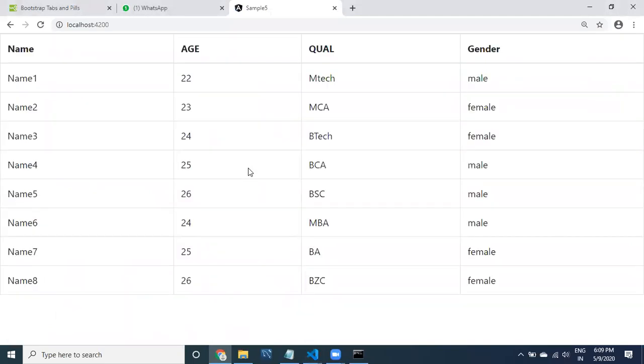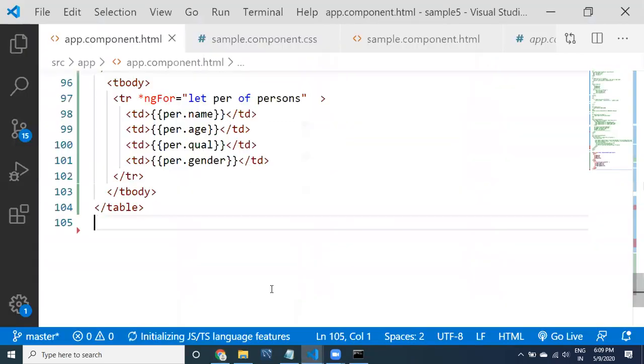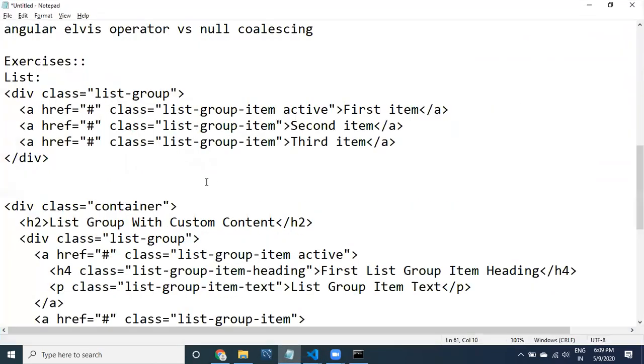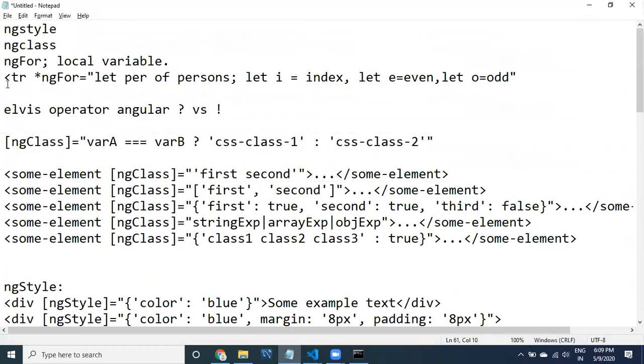Today I would like to show you a few concepts. Of course, this is also related to yesterday's concepts only. Before applying new concepts to our tables, I would like to tell you the concepts of new things. The new concepts are ng style, ng class, and ng for.